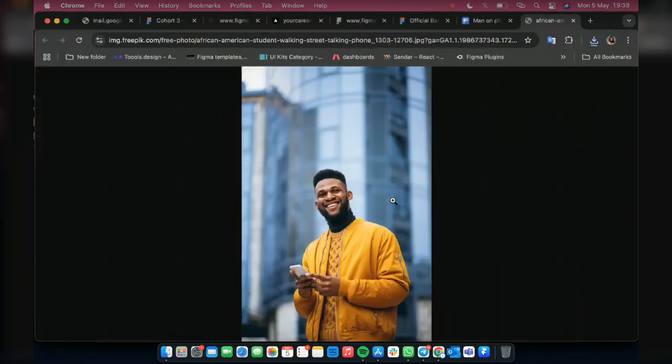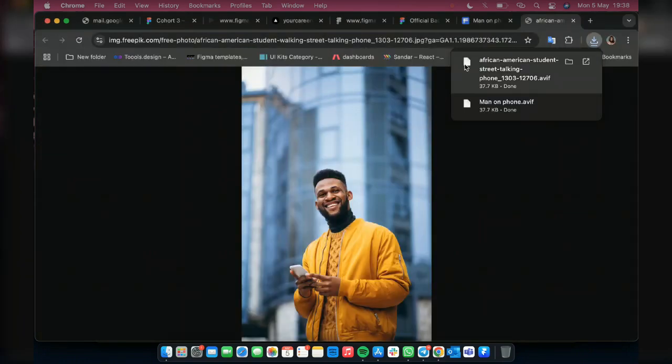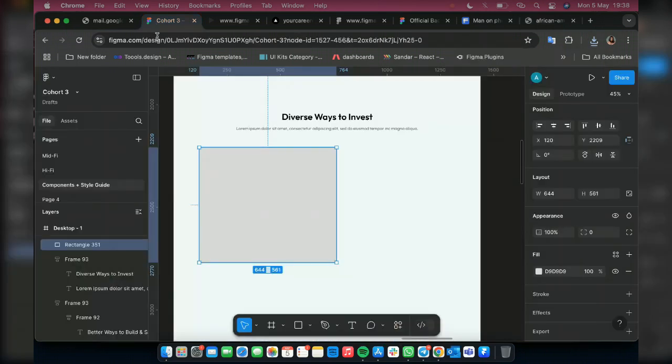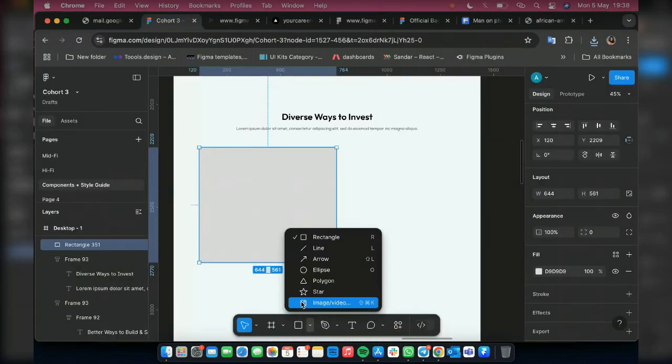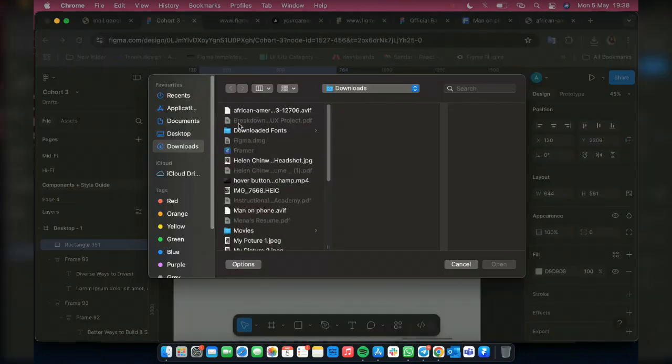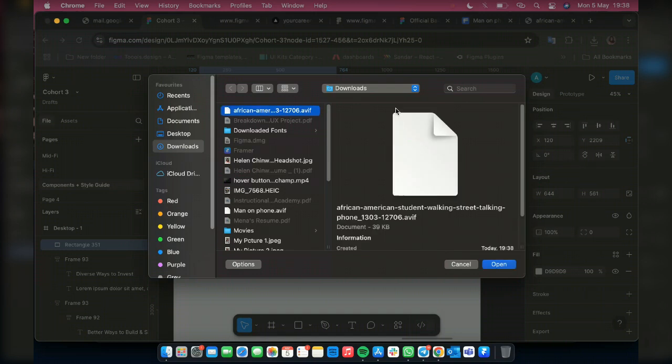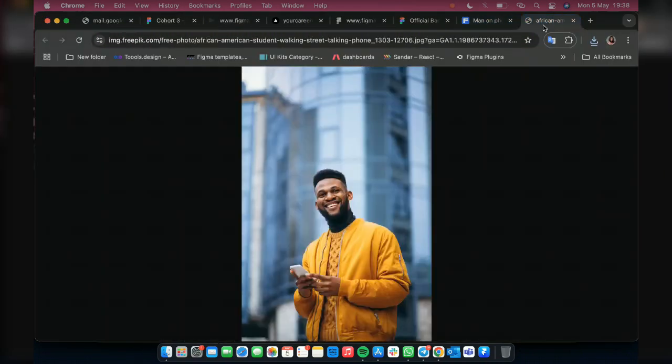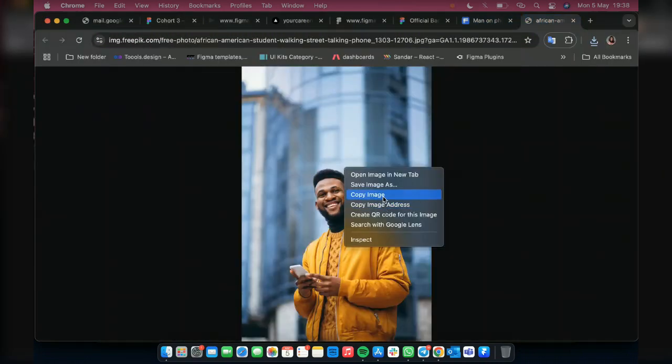It's giving me this kind of template. So let's see if it will work. Now this is another way of saving the image, and then you come to this place, you upload the image. This is another way too. You come here, you upload. See, it came out in this format. I don't know why it's always like this from my own end. So that is why I always just come here, copy the image, then come to my design